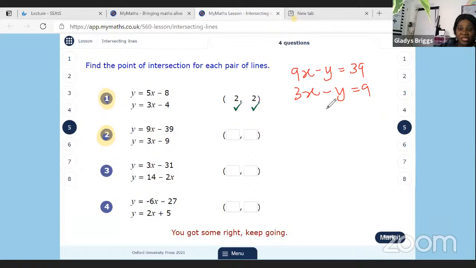And I'm going to say this minus this, yeah? And this would be 6x is equal to what? 30. And x is equal to 5. Now substituting back into any of these ones, y